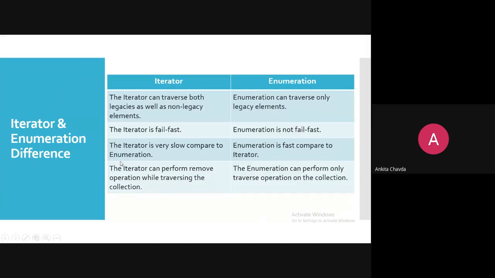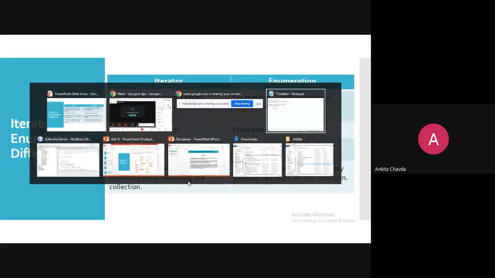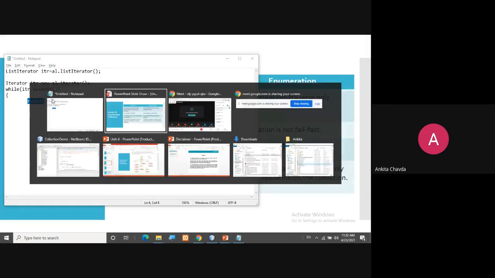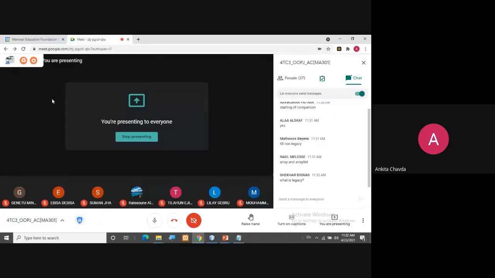Whenever you are traversing, iterator can perform the remove operation while traversing, meaning in this while condition it can traverse and remove some elements. But in enumeration, you can only traverse. You cannot add or remove elements. You can use it only with legacy classes.